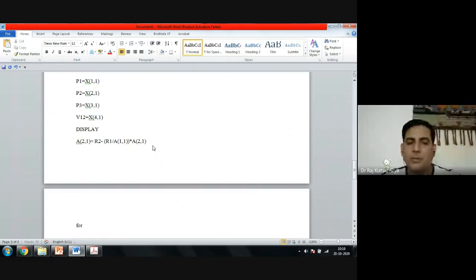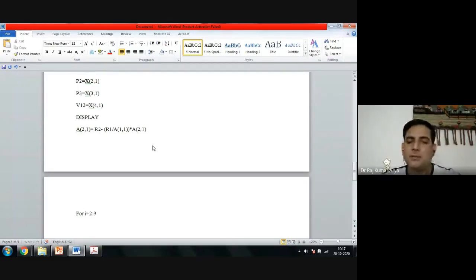I can run a for loop starting with I equal to 2. For the first row I am not doing anything; I am starting from the second row, till the last row, which for the time being is n, say n is 9. So instead of 2, I am putting I, comma 1.